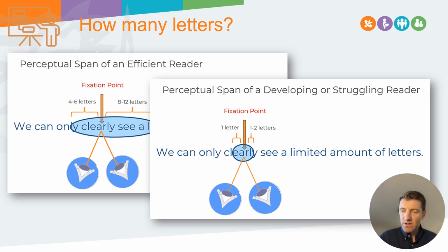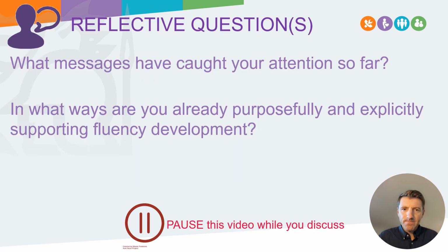Why is a child struggling to read? Well, they're probably not going to be competent in their decoding. They may not have a great strong vocabulary bank and perceptual span. They may be needing to use so much energy to break down every little bit that they're not able to look wider than that particular part of the sentence. Okay.